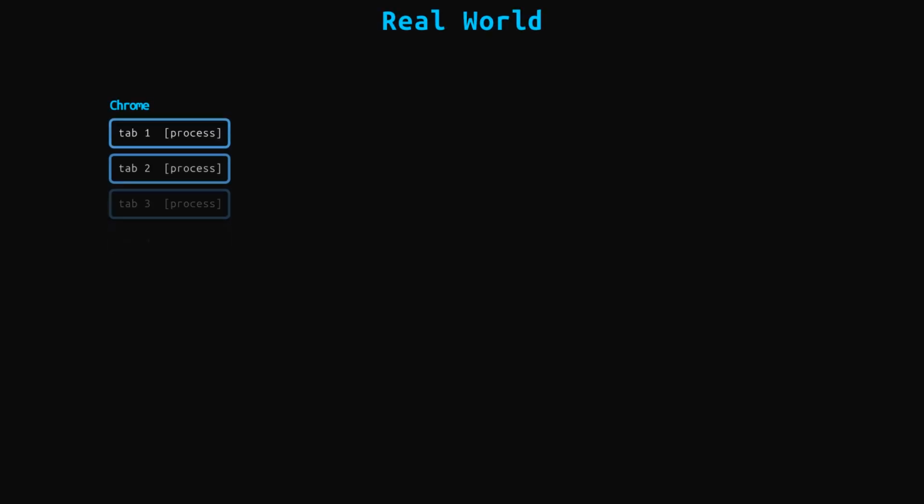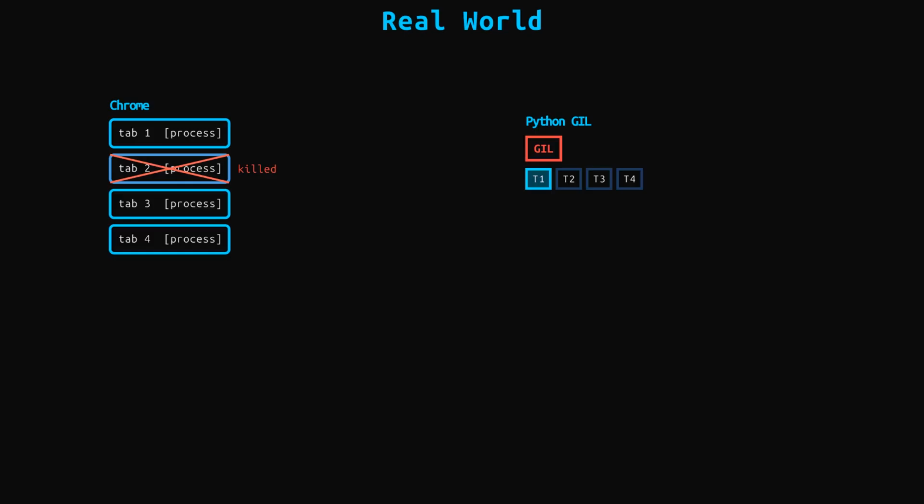Chrome runs each tab as a separate process, not a thread. If one tab hits a bug and segfaults, the kernel kills that process. The other tabs keep running because they have different page tables. That's the isolation you saw in the hook, by design. Now take Python. Python has a global interpreter lock. Only one thread can execute Python bytecode at a time. So if you spawn 10 threads to crunch numbers, you still get one core. To actually use multiple cores in Python, you use the multiprocessing module, which calls fork,